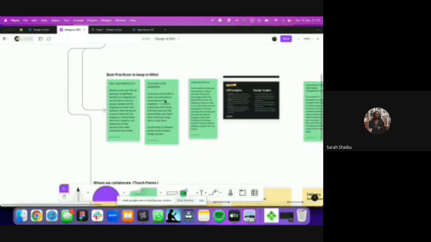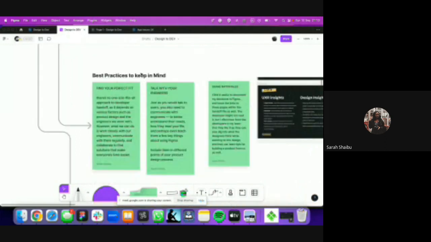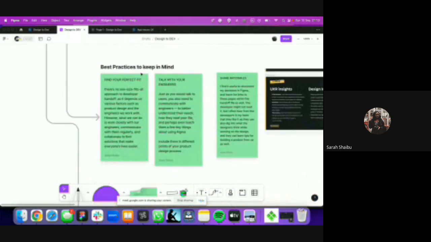The first practice to keep in mind is kind of like a disclaimer, which is there's no one size fits all approach to developer handoff. Having worked in different companies over the last 7 years, every developer handover process that I've had has been different. So it's very important to consider the factors you have: the kind of design work you do, the kind of engineers you have, whether you're working with a full stack engineer or a front end and back end split, and your company structure.